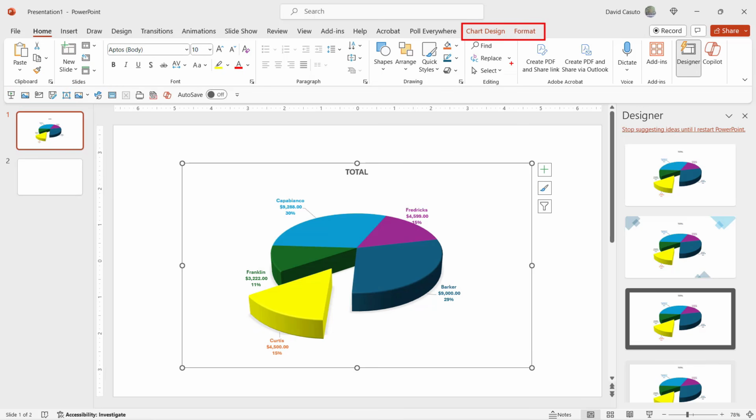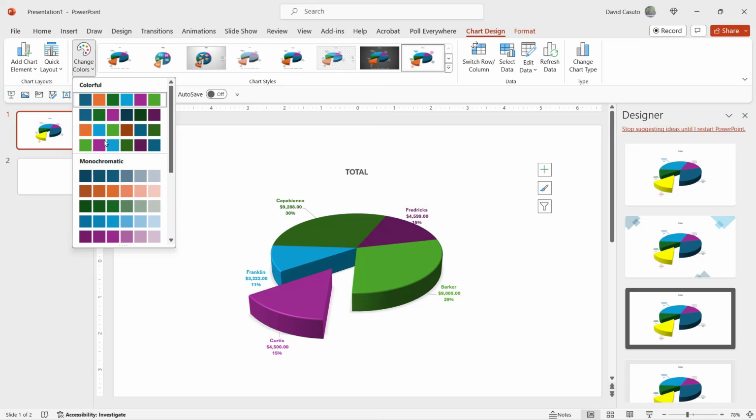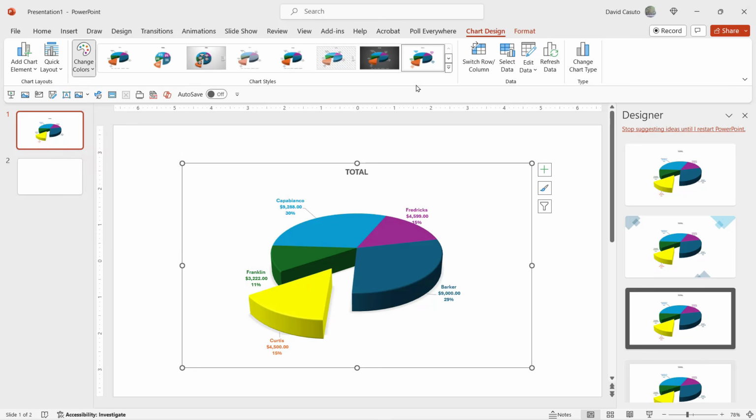Kind of amazing. So if I decided that I didn't like this look and feel, I can very easily do that. So I can go ahead and just say change color, and then notice how it changes colors. That's great. And I can also do some other things like editing the data. If I wanted to edit the data and just say change my numbers right there, I can do that. If the data is getting updated someplace else and you just need to refresh the data, you can do that. You can change the chart type. Pretty much everything that we learned in the Excel component, we can do in the PowerPoint component, including now,